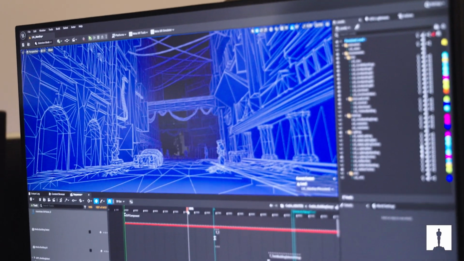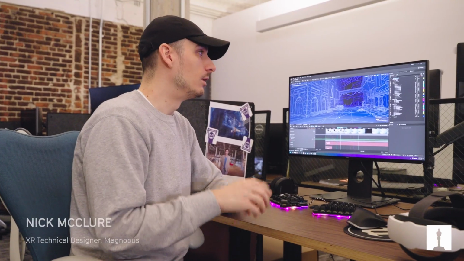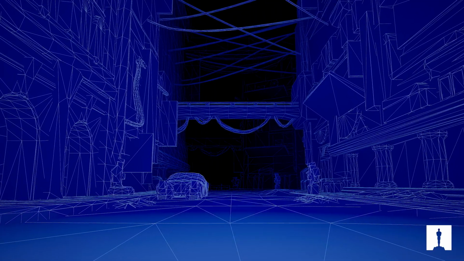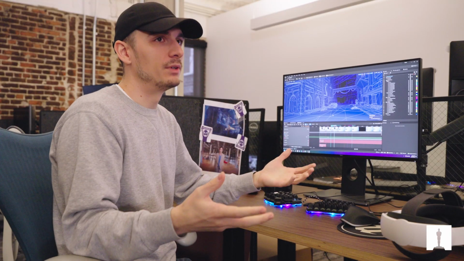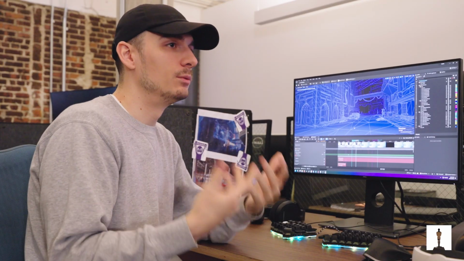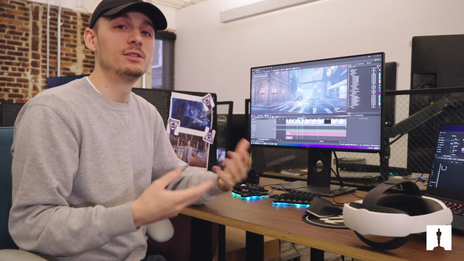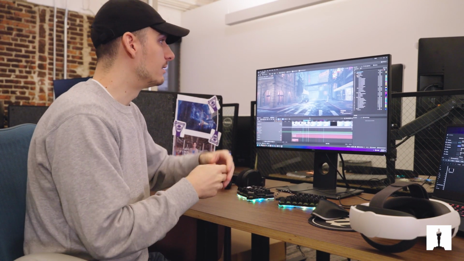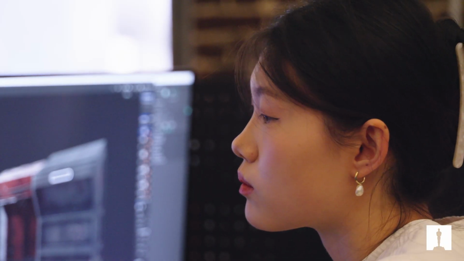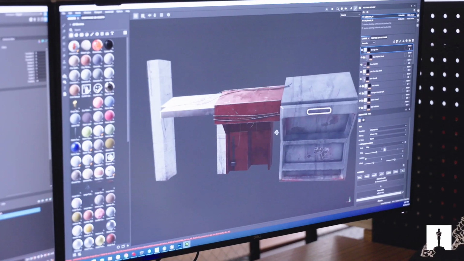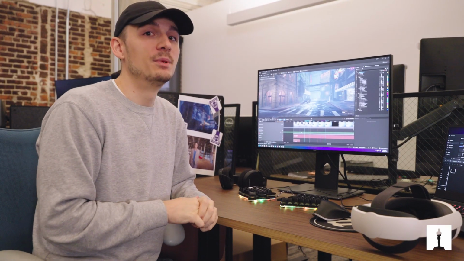So here we have the wireframe representation, or all of the geometry that makes up our virtual environment. This is supposed to showcase all of the underlying technology that goes into these virtual environments that feel very natural and feel very real. And this animates a way to reveal what we call a textured environment. And what goes into this is all the geometry that you just saw, we then overlay it with lots of textures, and that requires lots of talented artists to paint our environment and paint that geometry so that it feels